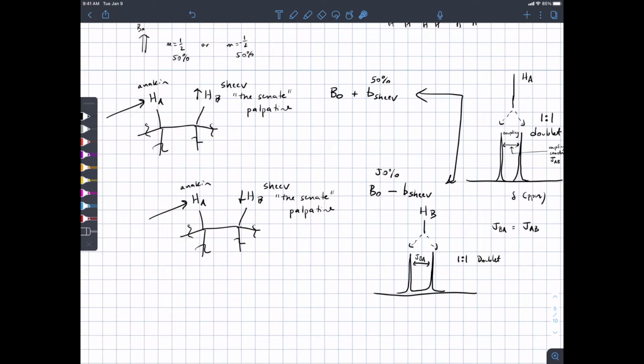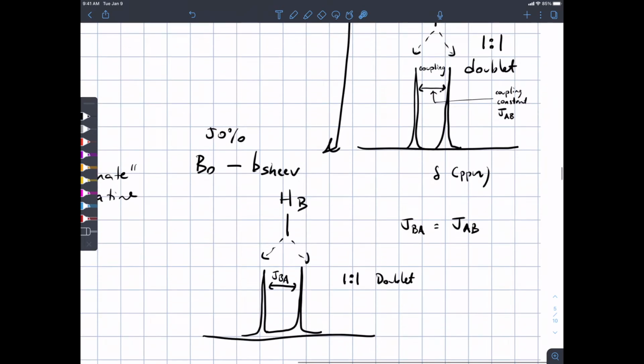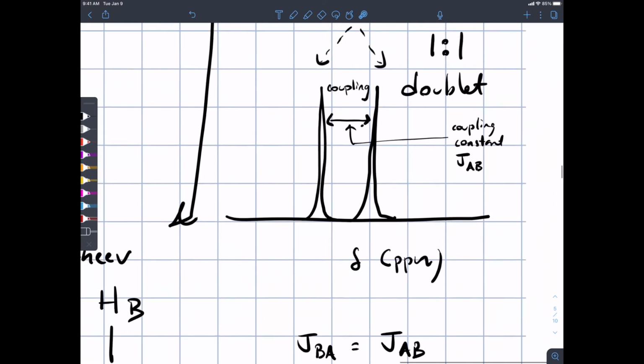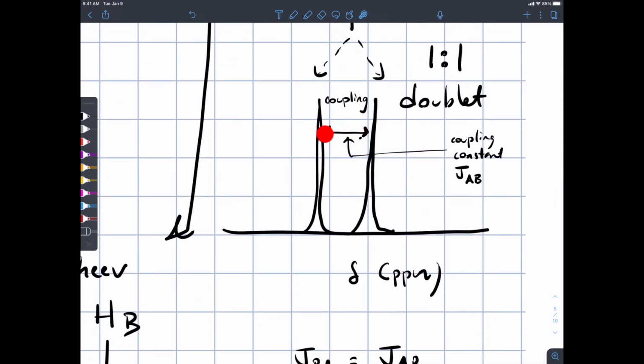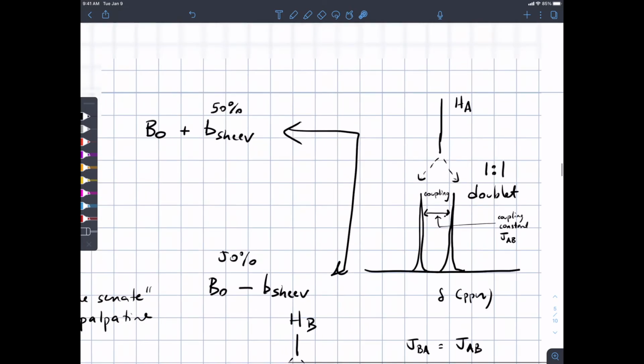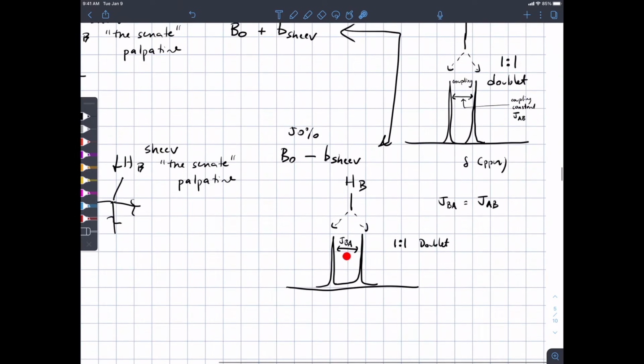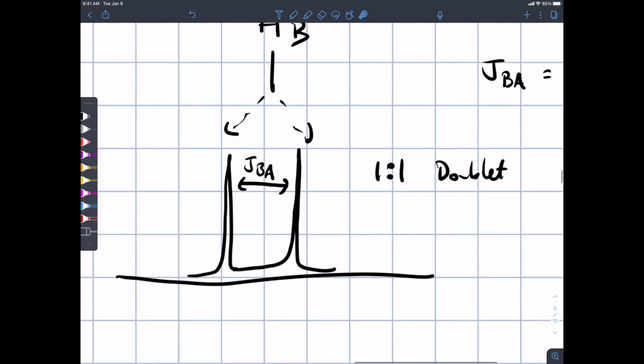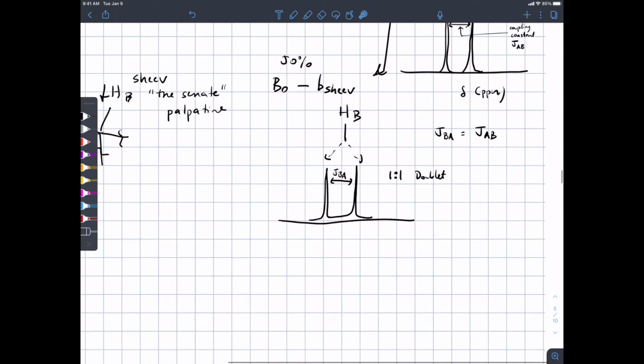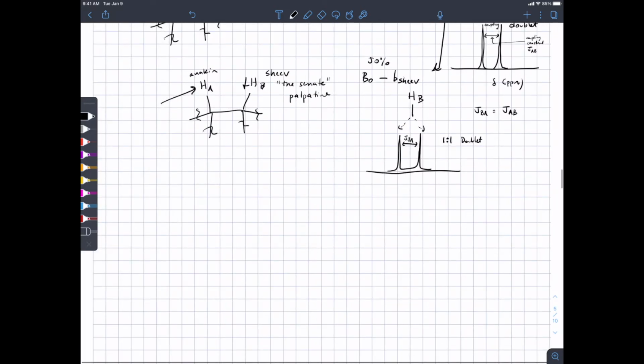One other question that I think people ask is, how do you know whether two peaks are from the same proton because of splitting or whether they're just two peaks with different chemical shift? And the answer is that this splitting distance is usually pretty small relative to differences in chemical shift. So usually two distinct protons,